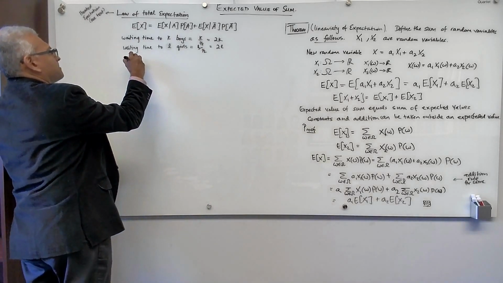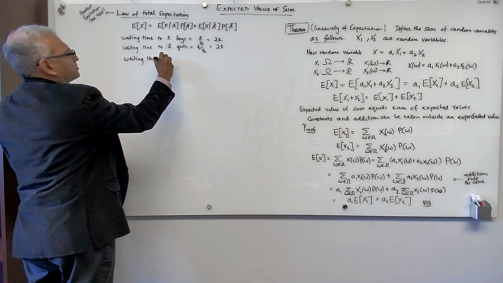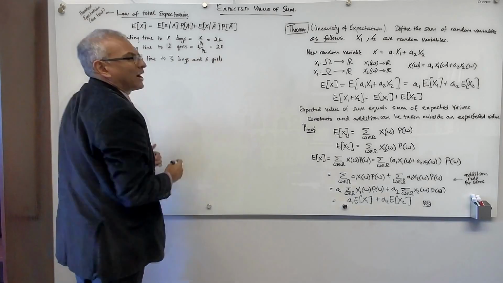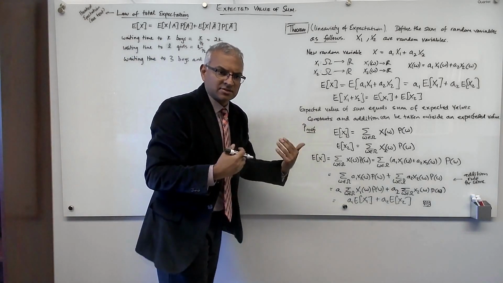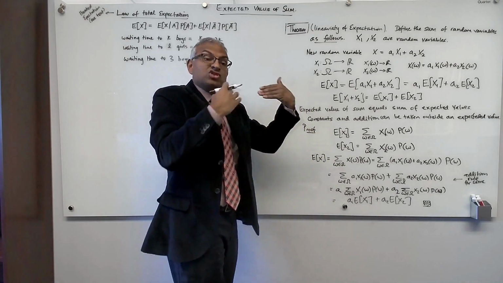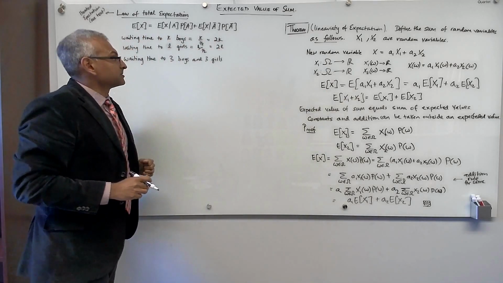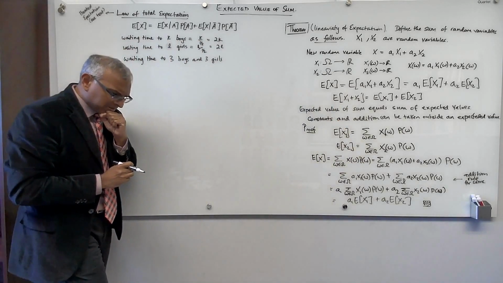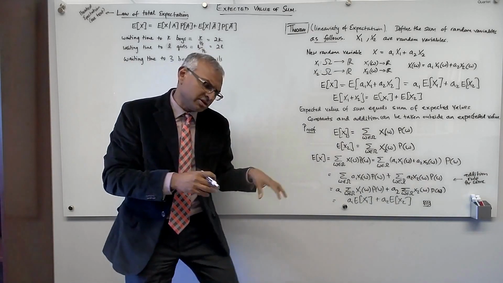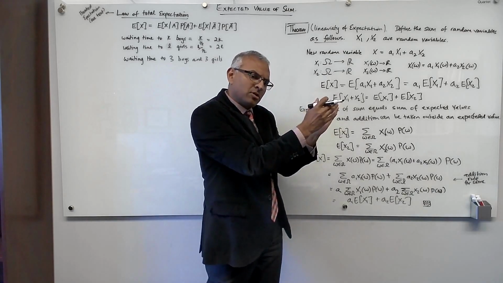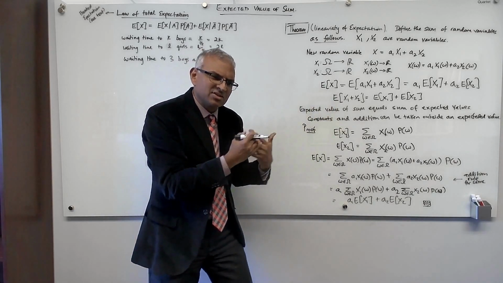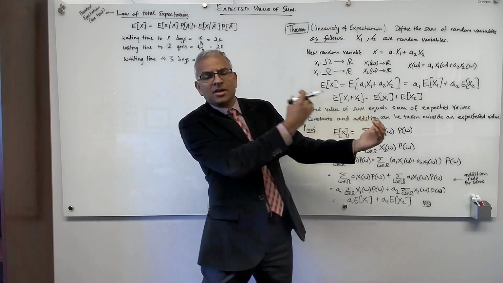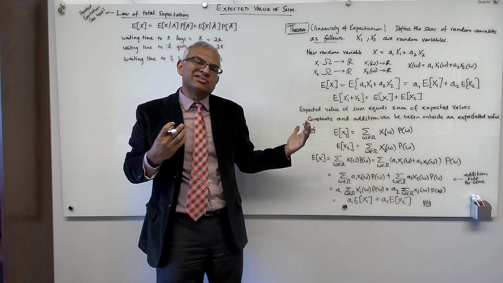So the waiting time to 3 boys and 3 girls is what? You could have boy, boy, boy, boy, then girl, girl, girl. You could have more than 3 boys, but you're still waiting because you're also waiting for 3 girls. This is more complicated. It's actually a lot more complicated, but we can solve it with the build-up method. The general idea when you're using the build-up method is you start from some more complex problem and try to reduce it to a simpler problem. And when you're analyzing this reduction, this recursion, so to speak, it helps to consider the general case of a bigger problem and try to reduce it to an instance of the smaller problem.